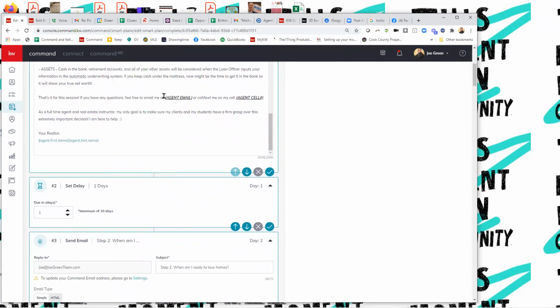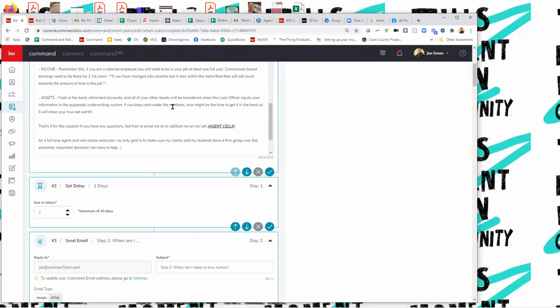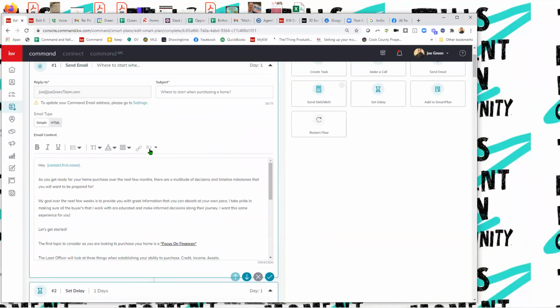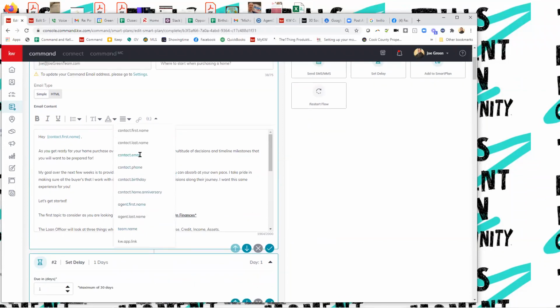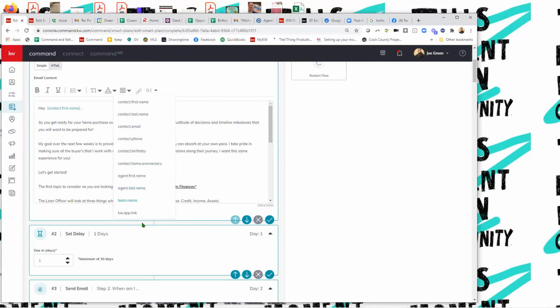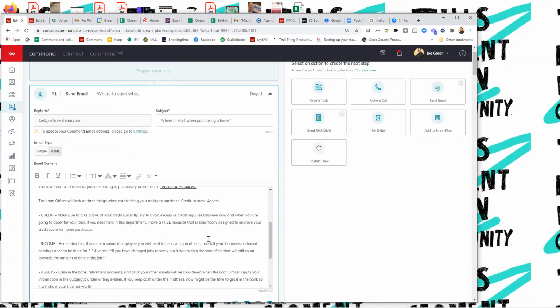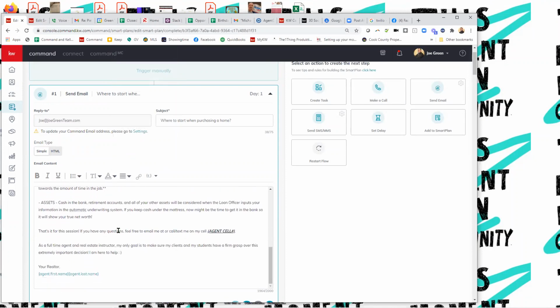So when you see things like this here, agent email, let's get rid of that. And let's see if there's a smart field. Sorry, I scrolled too high. Smart field, let's see if there's an agent email. Contact email. So there is not an agent email. So I would make sure that I would have entered the email there, right? Feel free to email me at, there should be an agent email. Come on, right? Joe at